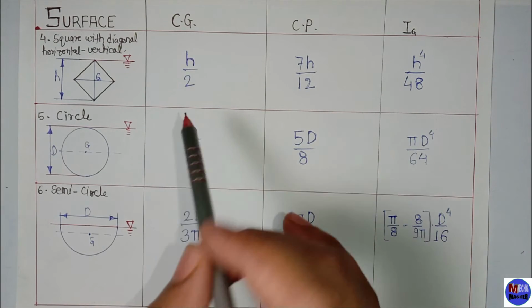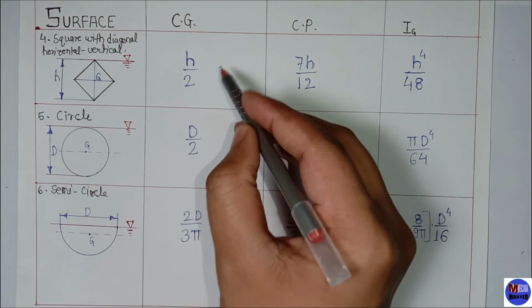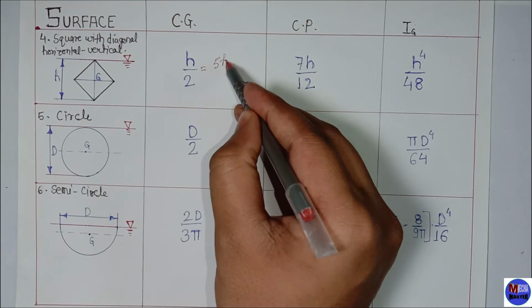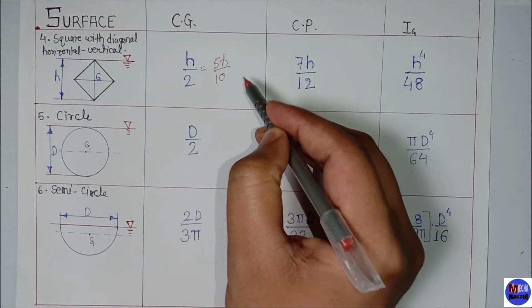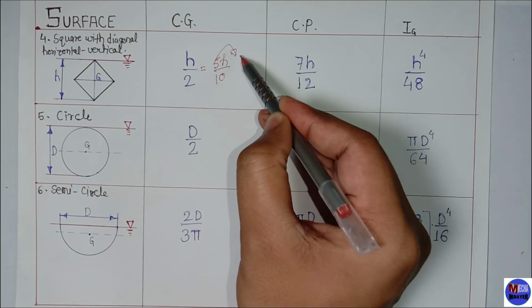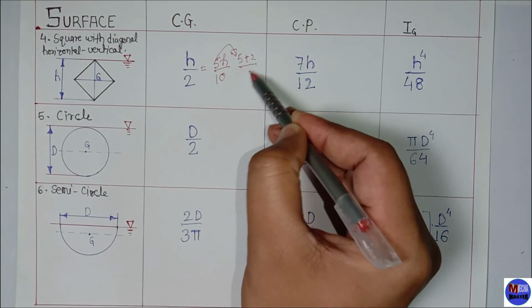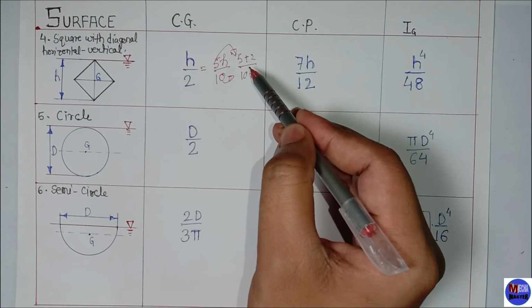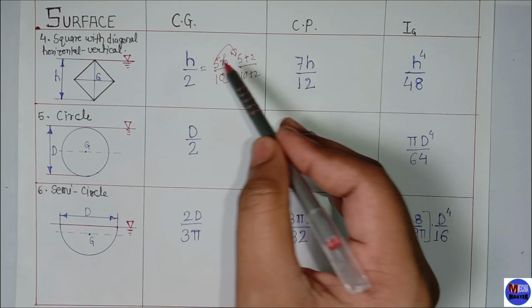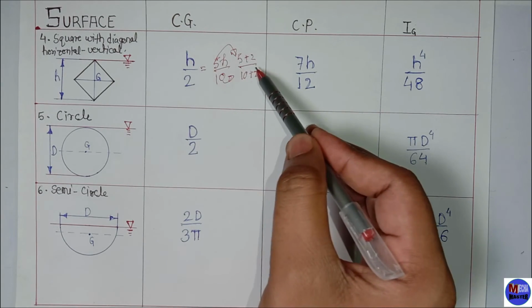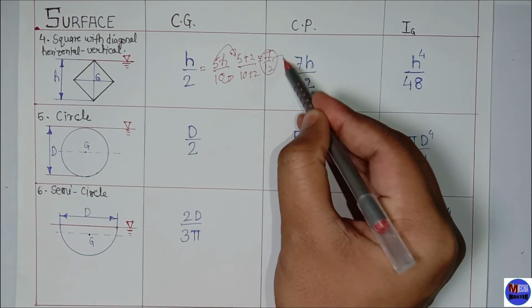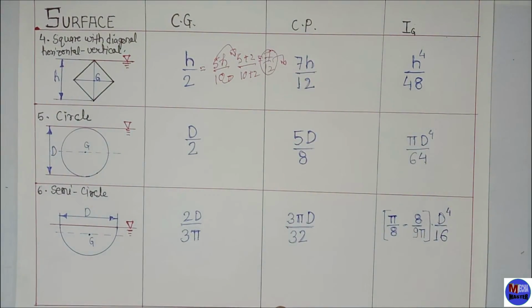First of all, you have to find the distance of center of gravity, then you have to multiply it by 5 in denominator and numerator. Then it will be 5h by 10. Then again you have to add 5 plus 2 and 10 plus 2. In the previous case, we added 1. These are special cases. So we first multiplied by 5 and again added 2. Then it will be 7 by 12. The center of gravity is 7h by 12, where h equals the dimension of the diagonals.